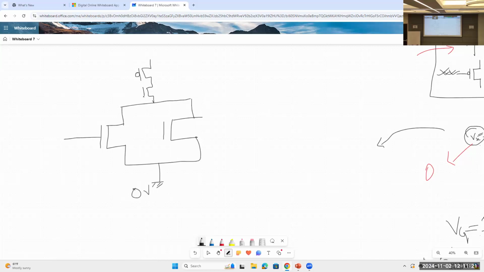And there are two PMOSes. And this is VDD here. Okay, and we will take the output from here. Now the input is VX1 and